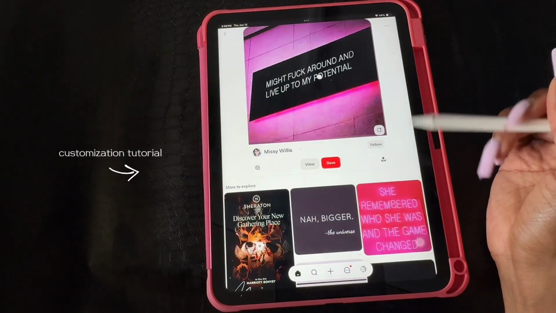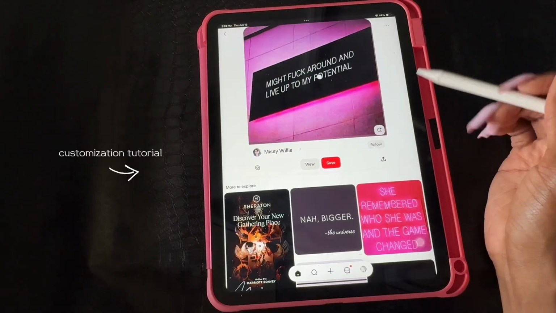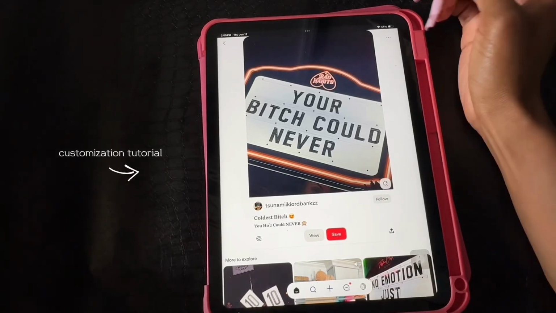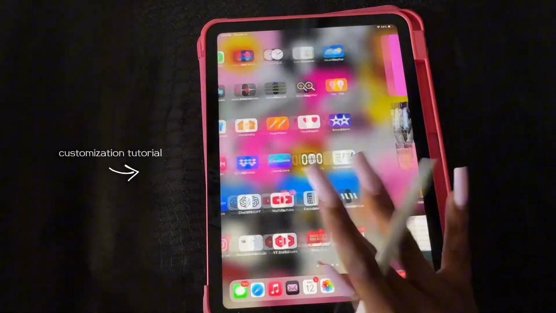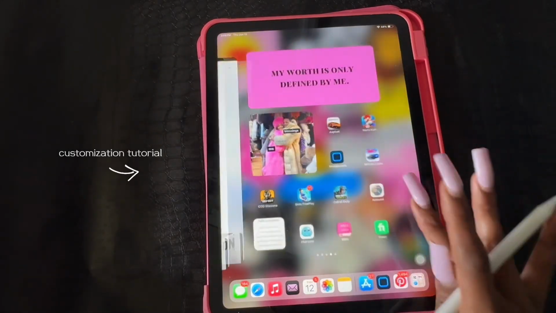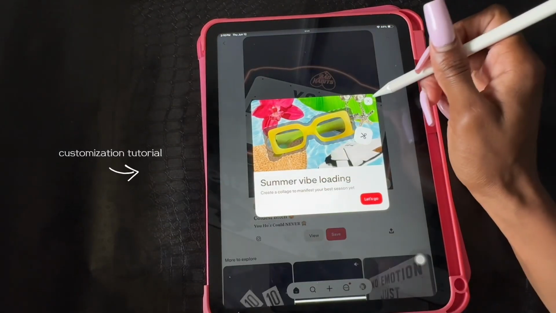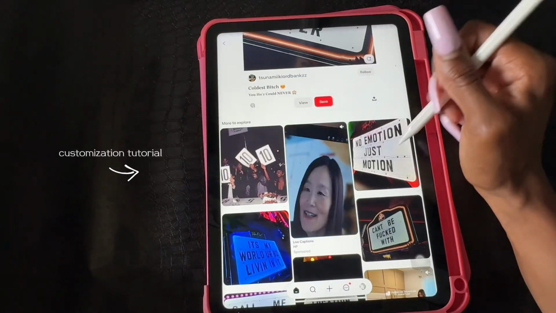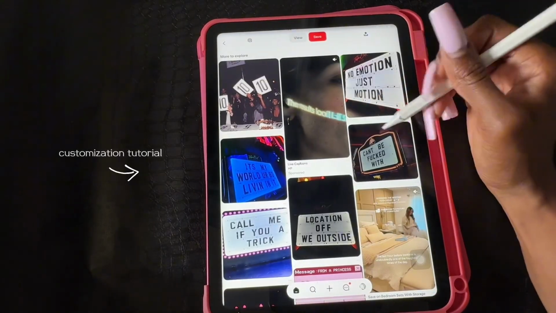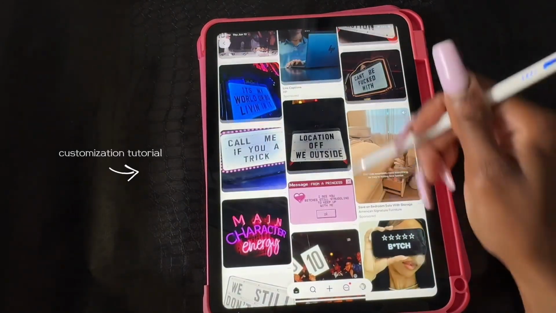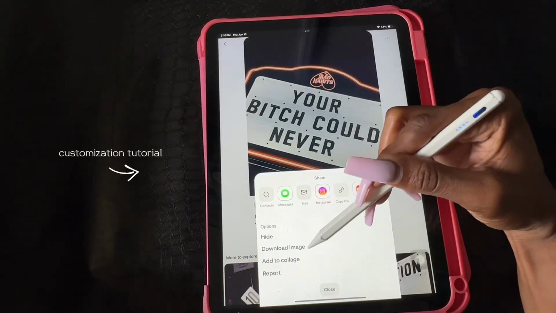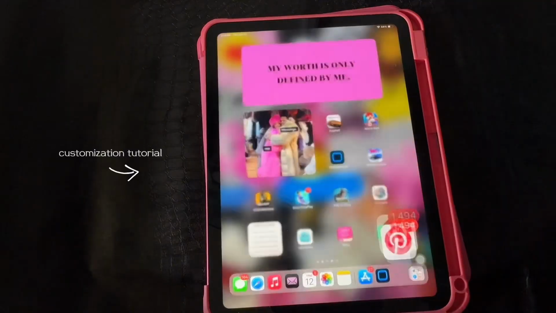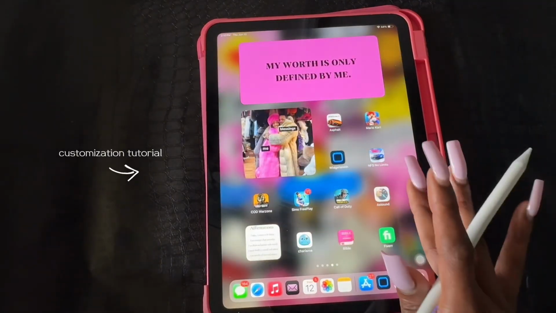How do I feel about this? It's a lot of cursing in it. Guys, I'm so sorry for the vulgar words, but I just feel like every other one of my backgrounds is all cute and motivational. I kind of want one with like no emotion, just motion. I like that. I think I'm gonna try this. We're gonna see how it looks. We're just gonna play around, so don't be afraid to just download whatever, and we're gonna see what we're working